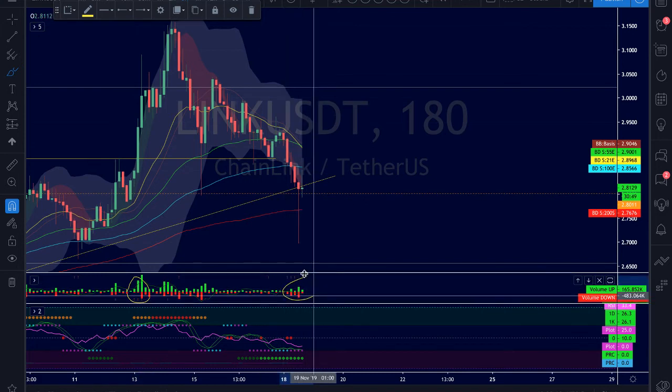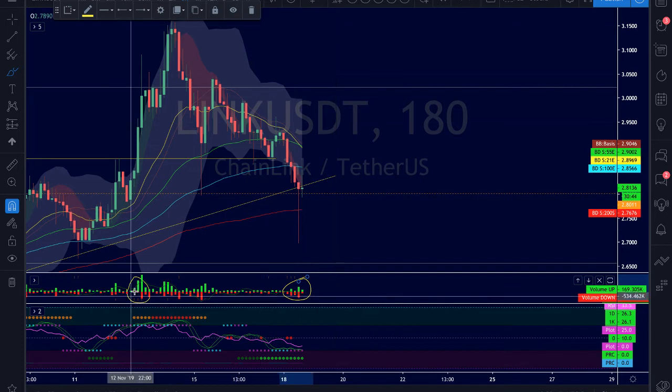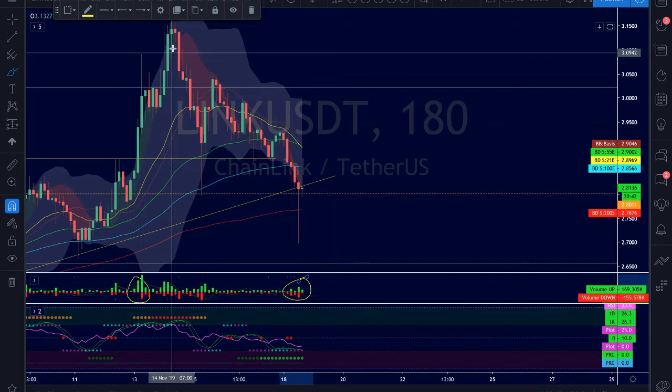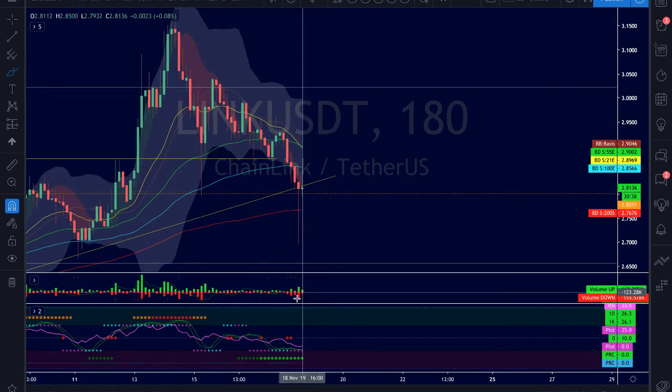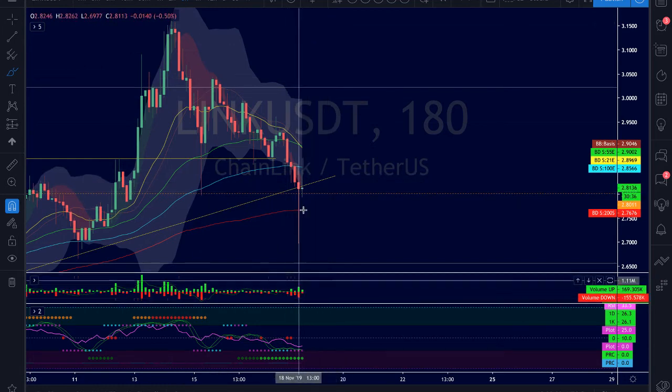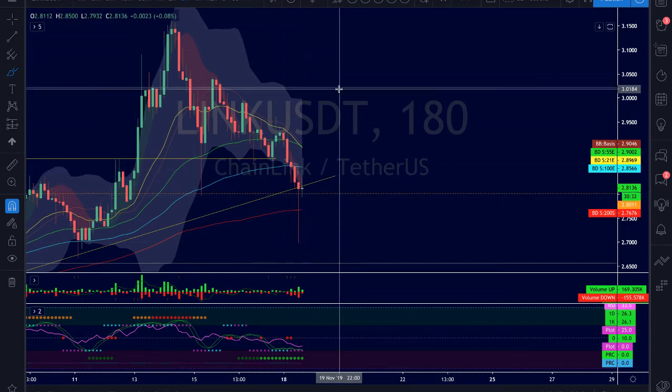For a sell-off that moved the price so much, there was not a whole lot of volume behind it. But it took a whole lot to get it up here. So that's another thing that we really have to pay attention to. You have to pay attention to the volume as the price moves, because right now I'm saying that we do have potential for short-term upside, but we have to have volume come back in to support that, because you're